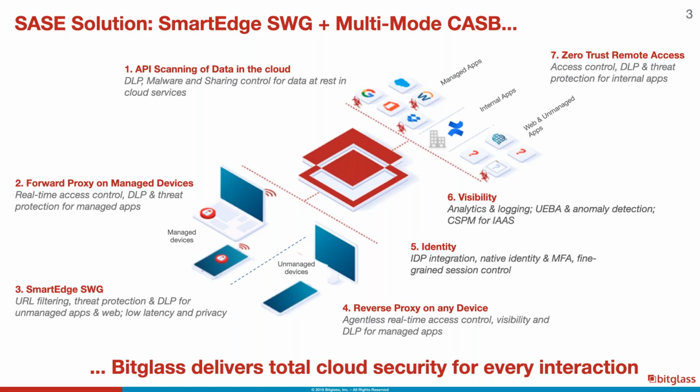I'm moving first to step 4; I will come back to step 3 about Smart Edge SWG, because it has a different story. Reverse proxy is our methodology to support any device, any app. What we will do is leverage a single sign-on event. Single sign-on is your identity provider for cloud applications. From that perspective, we can come in line and all the real-time security features are in place. The positive is that you don't need to bother all your endpoints. You arrange this at the cloud application level.